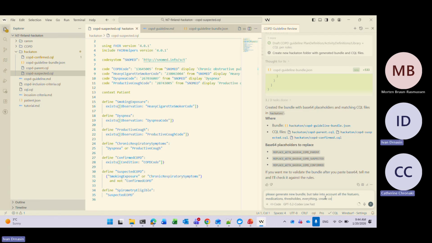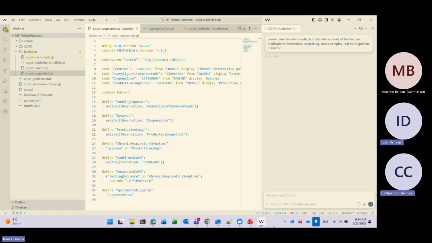Create a complex, real-world guideline, the one in the bundle. Let's see.